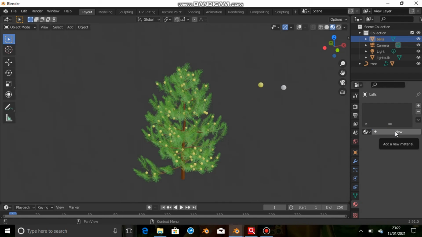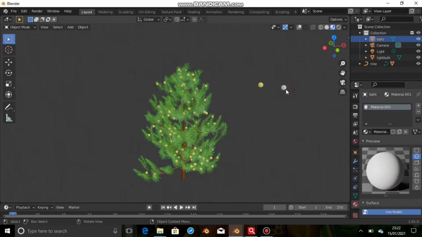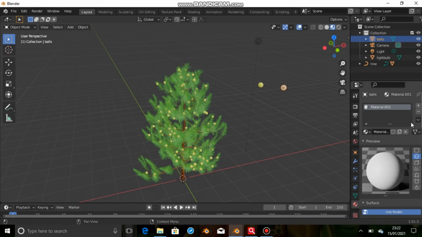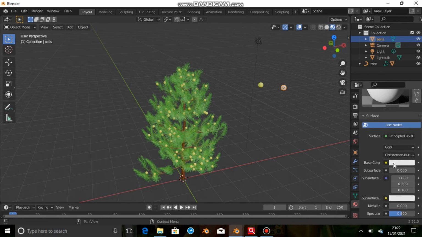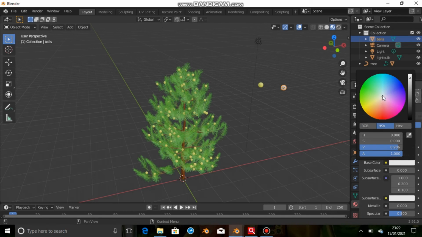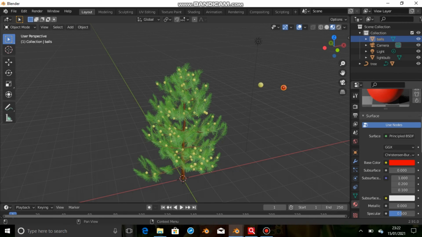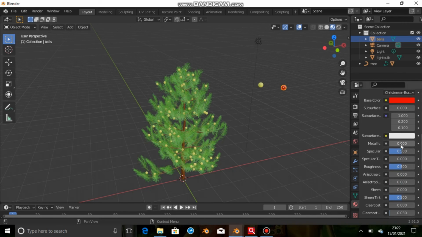So here, now write ball. Okay. And now go to base color and give a nice reddish color. Okay. And after that, come here and change the metallic value to 1 and roughness to 0.238. So now you can see in your preview a nice ball has been created.